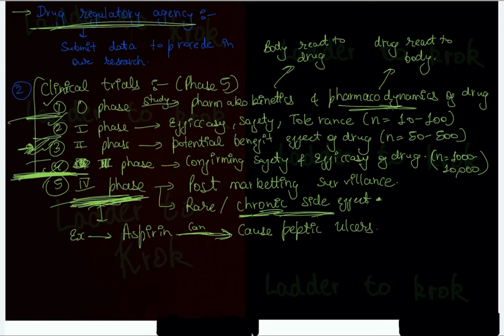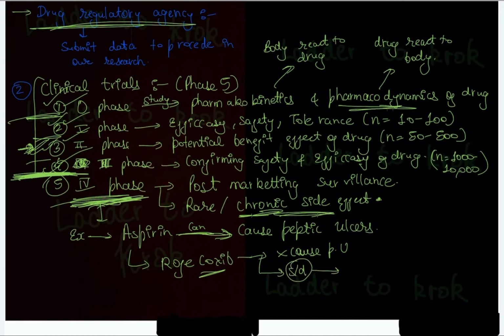Then scientists were like, no, this aspirin can cause peptic ulcers. Then they made one more drug, rofecoxib, as we discussed about this rofecoxib in the COX pathway in the physiology video. Rofecoxib was also very good. Phase 0 was very good, first was very good, second was very good, third was very good. But when it was given to a mass population, to the world or country, this rofecoxib did not cause peptic ulcers, PU meaning peptic ulcers, but it has a very severe side effect that it causes